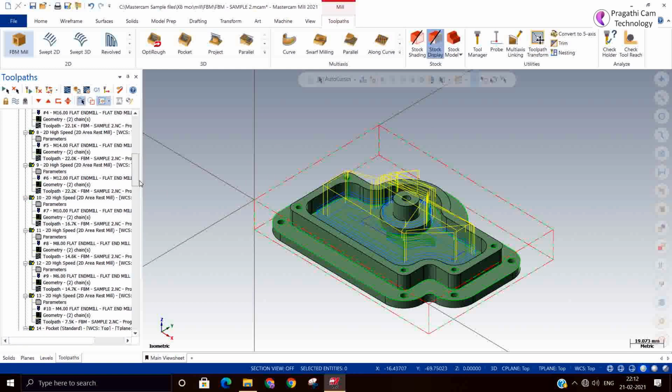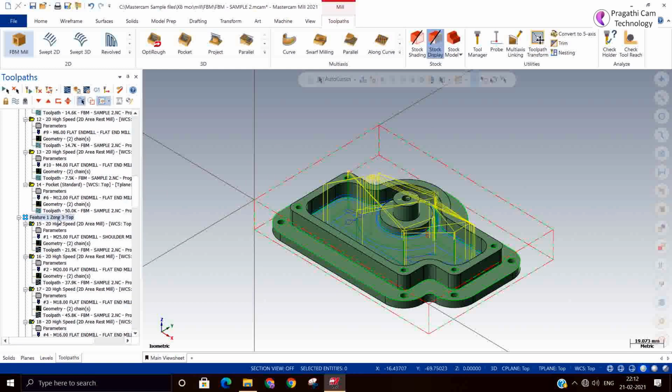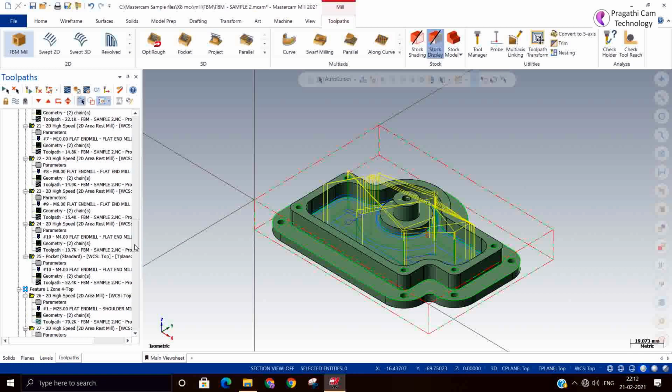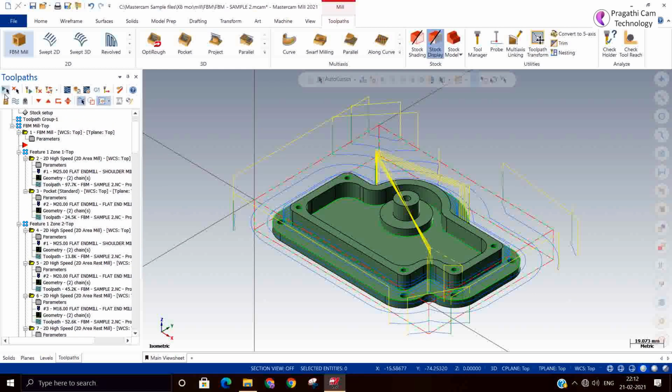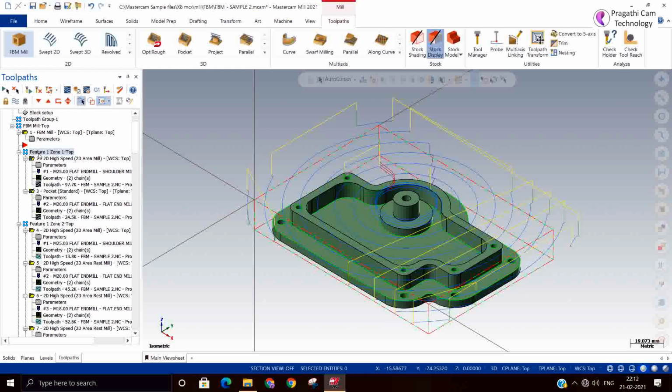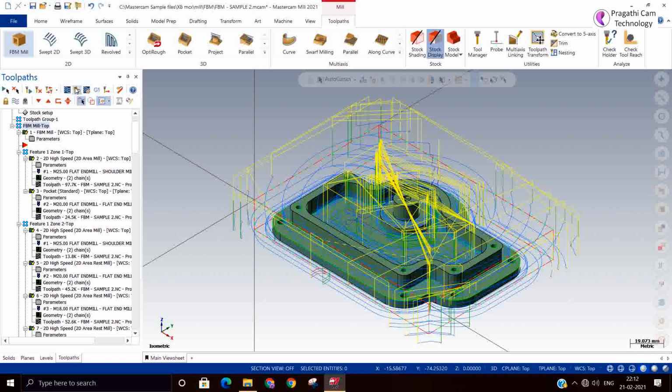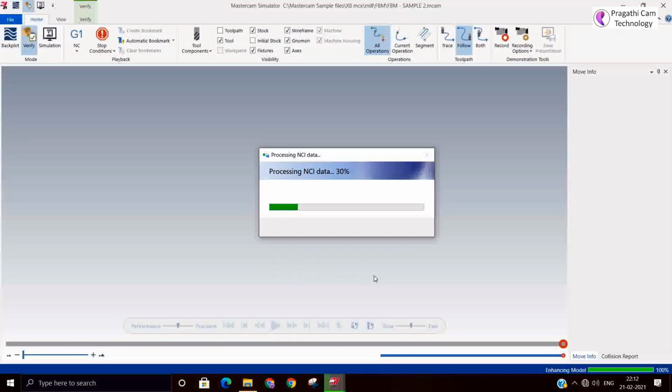Like this it makes zones and machines. Zone 4 outer it has machined. So you can select. No, we have not done anything here. Okay, it does automatically. You can select all and machine and see how it looks.